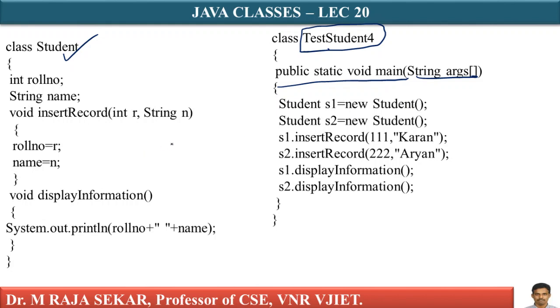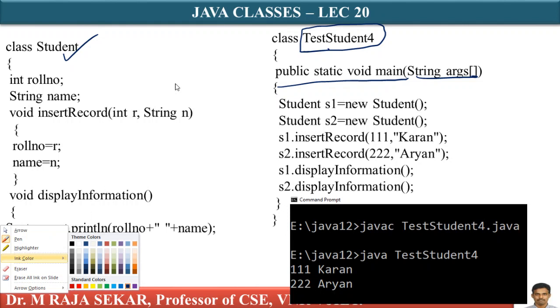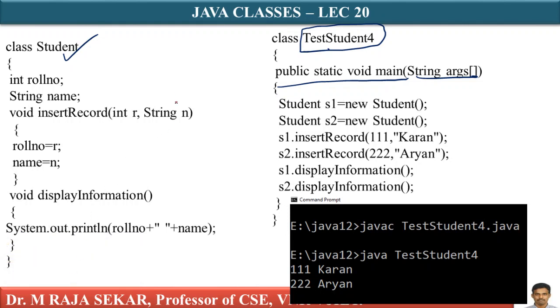Therefore, let me show the output screen also. Just a second, let me choose some other color. Yes, let me choose red color here. Student s1 = new Student(). An object will be created. Let me say this is my first object whose class is Student. What are the properties of my class? rollNo is the first variable, and my second variable is name. What is my reference variable? My reference variable is s1. I can refer to this object with it.